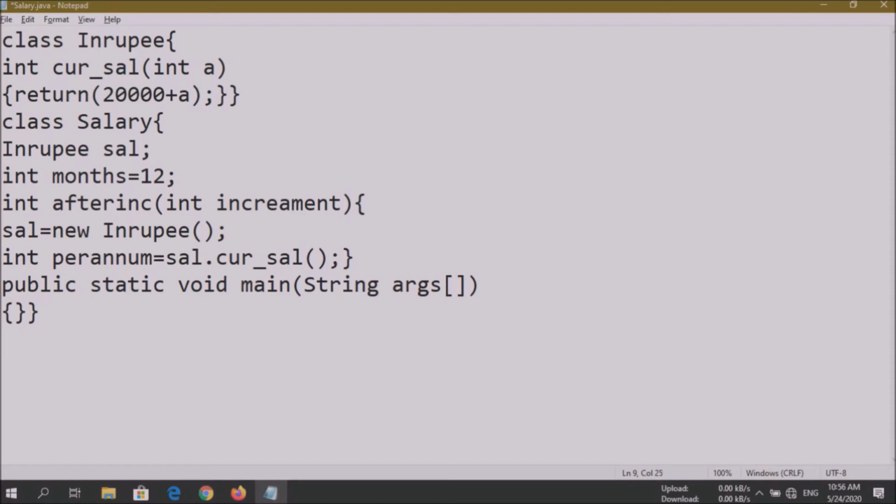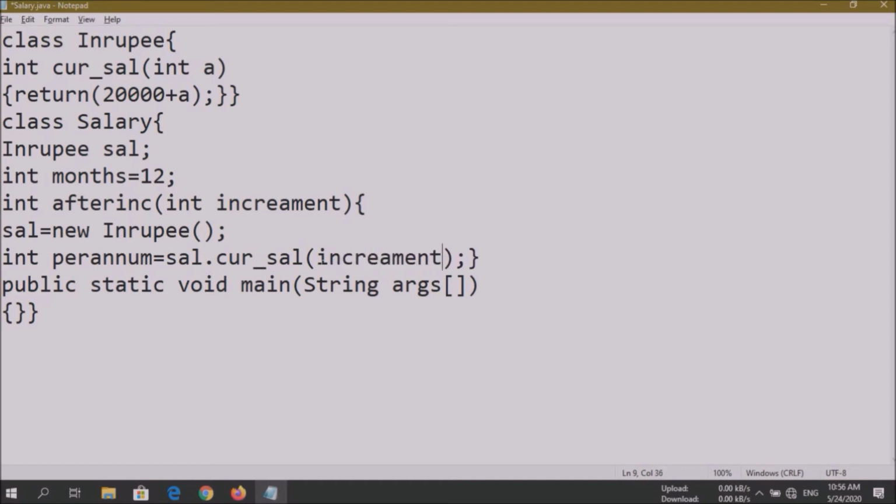We have to send certain values inside the current salary so that it can be sent over here, and it will return a value of 20,000 plus the amount incremented and will be returned into the per annum. So to hold the value of the amount incremented, we have to write increment over here.